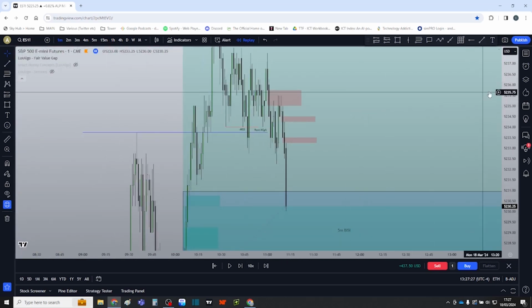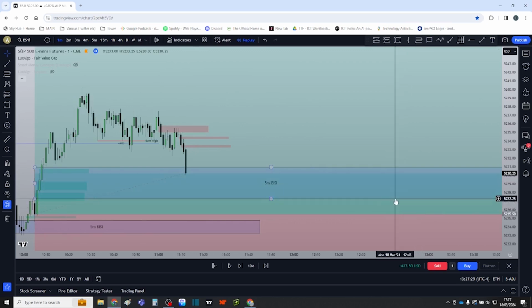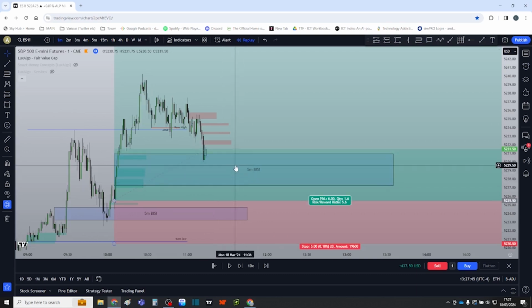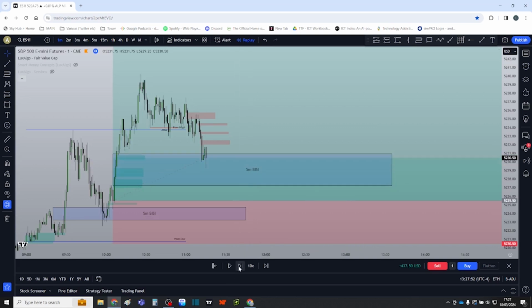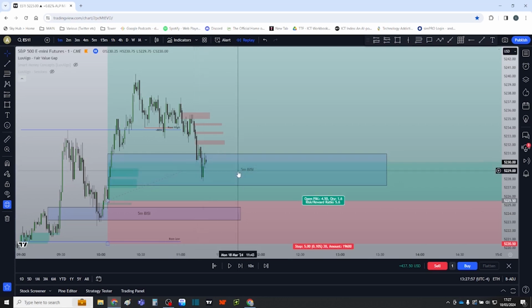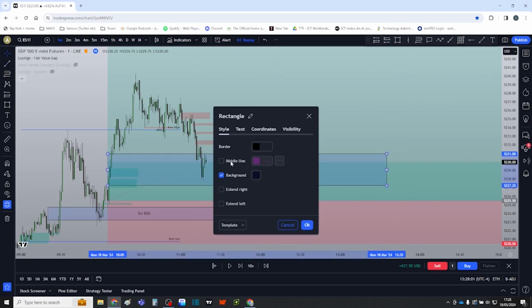Now we're in the crux, the crunch time. If we're still in this trade, then we are looking for price to reject heavily off this 5 minute BISI. We get a reaction. You will get a reaction because people will have put limit orders going long. So you will get a reaction, but then price just goes again, a reaction, probably off the consequent encroachment. So if I put on the 50% line,